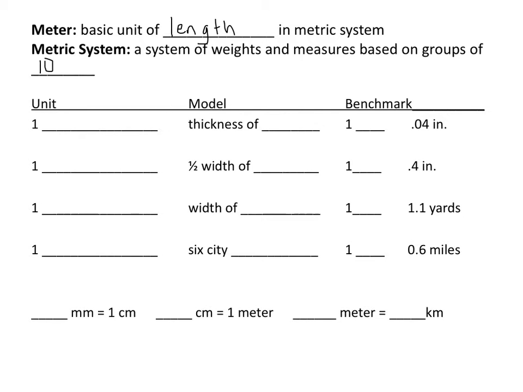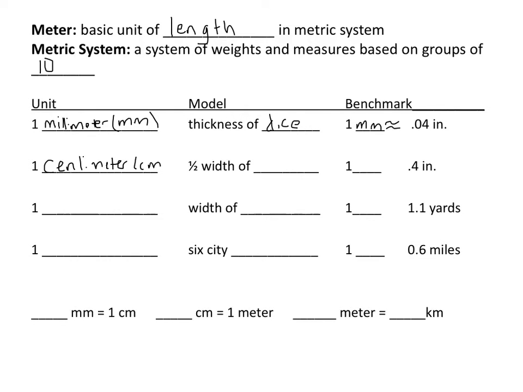Right, so the first thing that we're going to start with in the metric unit is 1 millimeter, which is abbreviated mm. That's about the thickness of a dime, so that's our model. And the benchmark, to give you an idea, is that 1 millimeter is about equal to 4/100ths of an inch, so it's pretty small. Then from there we go to centimeter,